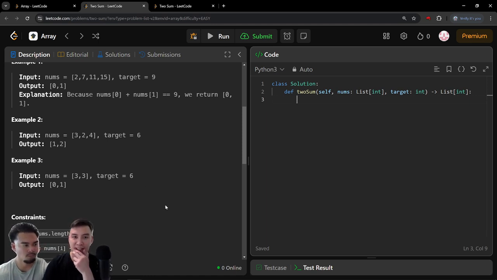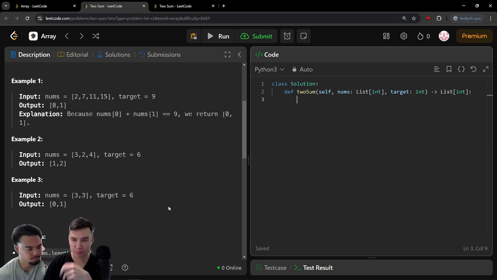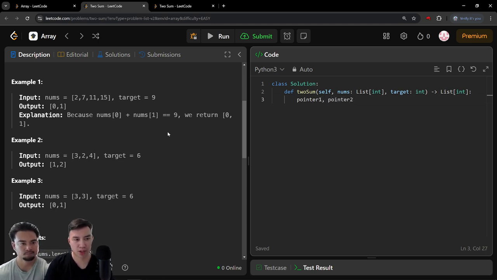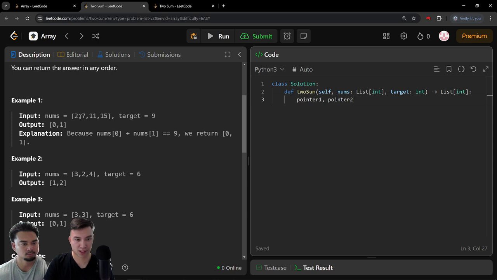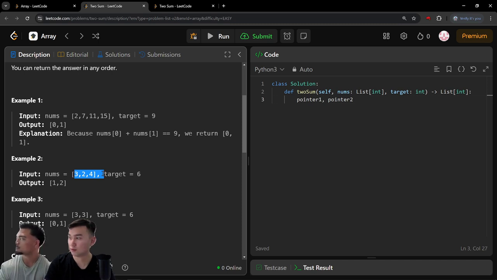So what I'm thinking is, I'm going to use two pointers for this. So I'm going to do pointer 1 and then pointer 2. My approach is, these first two are pretty easy, I think, to do. But this one is a little bit harder because they're not sorted. So somehow I have to figure out how